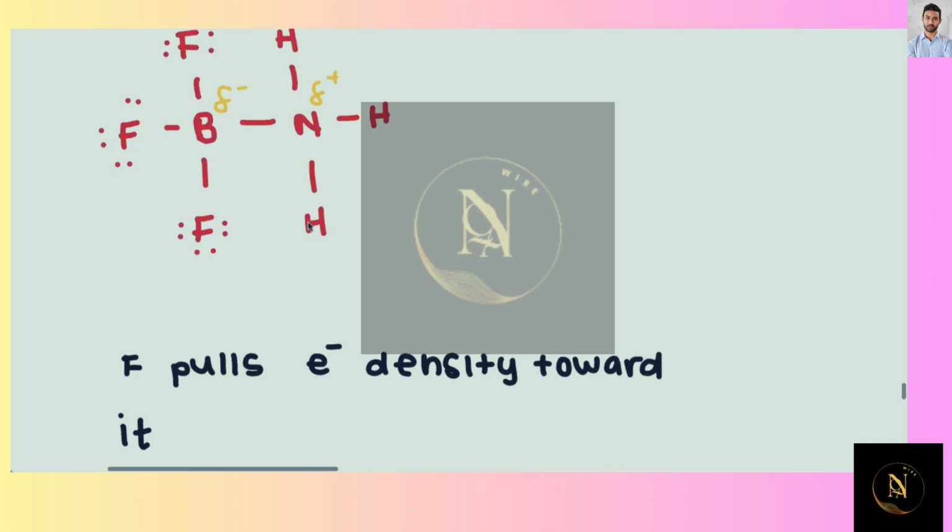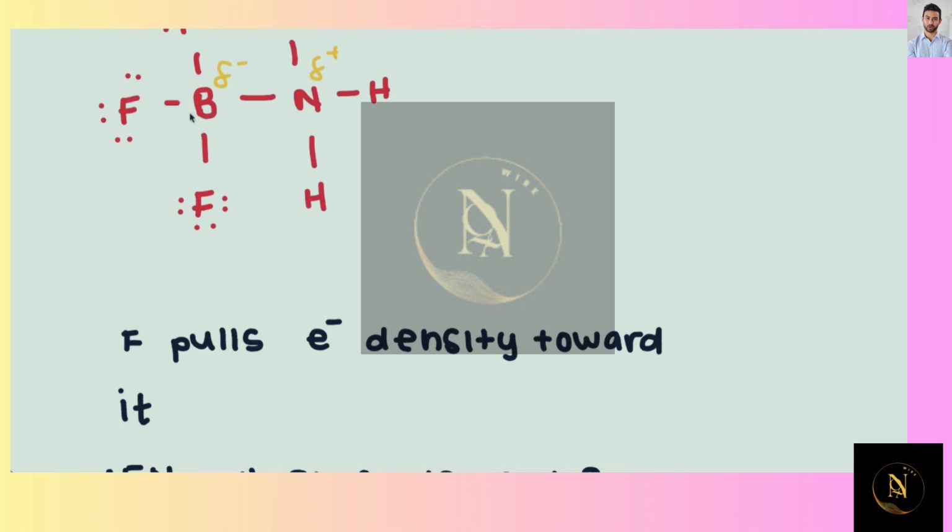Well, this is because of the atoms that they're bound to. Boron is bound to fluorine and nitrogen is bound to hydrogen. Now, if you were to look at the periodic table and look at the trend of electronegativity, hydrogen is really not electronegative at all. And fluorine is the most electronegative atom on the entire periodic table. So what's going to happen is that the